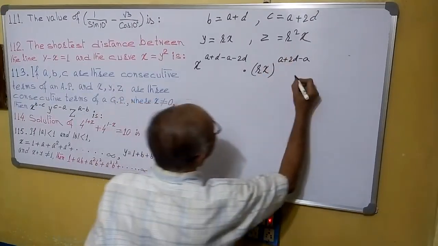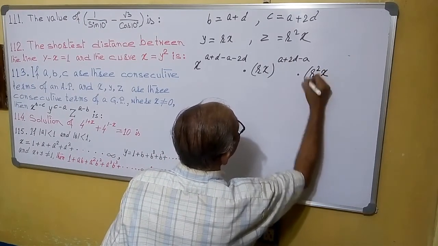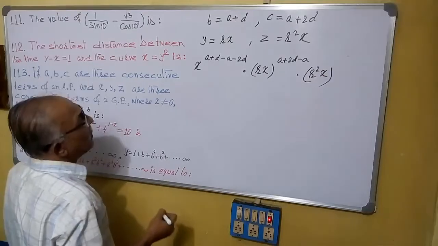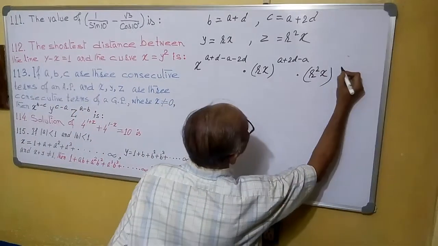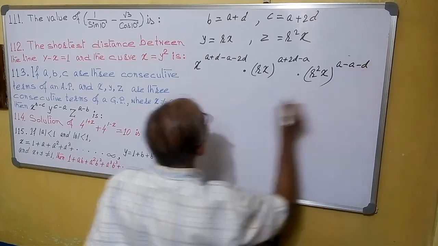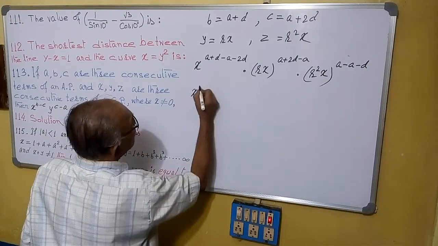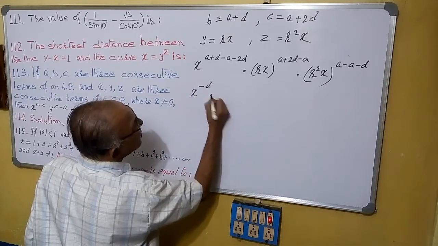Z is our r square x to the power a minus b, a minus a minus b. This is coming. So it is ultimately x to the power minus d into